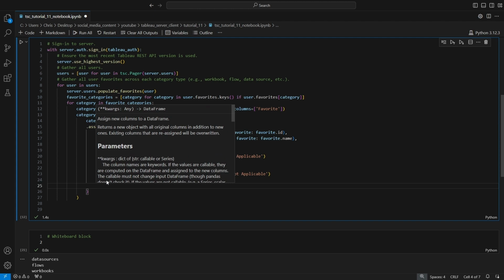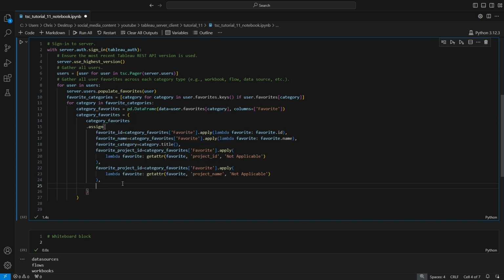And the next series of attributes. We already have the user information available to us because what are we doing? We're iterating on user objects that we pulled down from our server, right? We use a list comprehension to access our user's endpoint on our server to create a list of user objects. And that's what we're iterating through, right? We're populating their favorites. We're creating a data frame containing the favorites associated with each favorite type, so workbooks, data sources, etc. And as a result of iterating through the user objects, we have access to each of those attributes